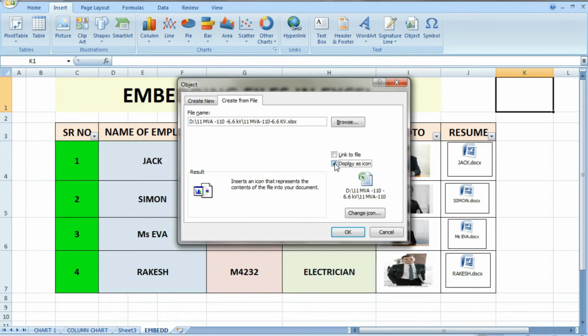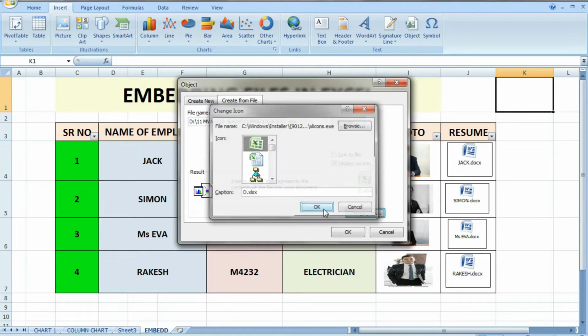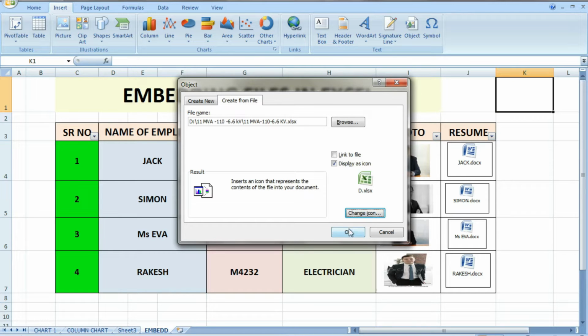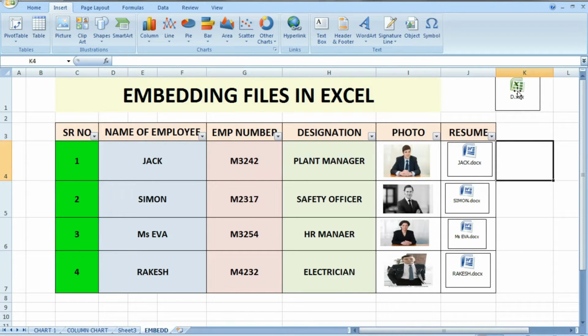Insert, other icon, change icon. Okay, this is the file. Now you click OK. So this file is embedded here.